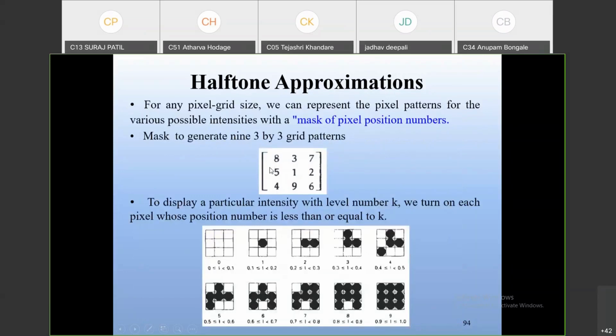Here you see in which way the pixels are generated in the 3 by 3 pixel grid; one example is given of how these pixels are chosen to increase the darkness of that particular circle. First, I already told you, this is first, this is the second, this is the third, then this one is selected, that is fourth, then fifth, then sixth, then 7, then 8, and this one is selected 9. No other sequence is used. This sequence is used for the 3 by 3 mask to generate the 9 grid patterns.